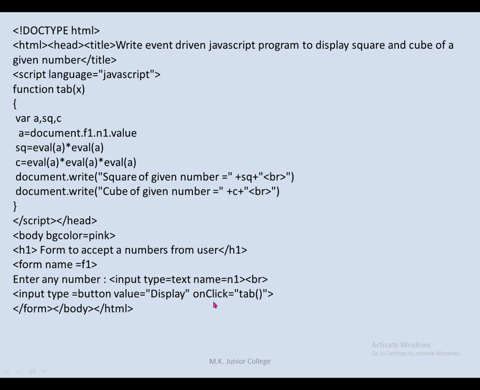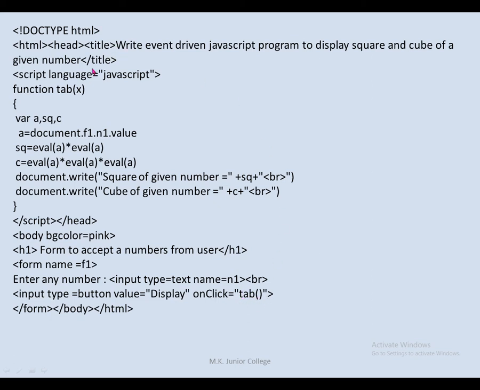On that button, you are going to use an onclick event. After onclick, you call a function whose name you can choose suitably, and you write it like this. So there is no need to pass any variable here while calling. Directly when you write onclick equal to tab, your program directly searches for this tab.